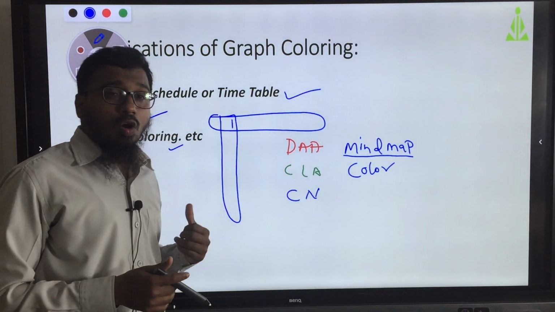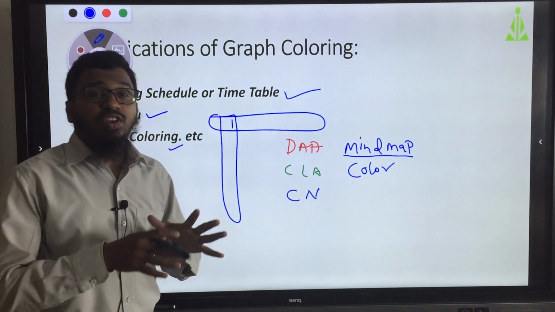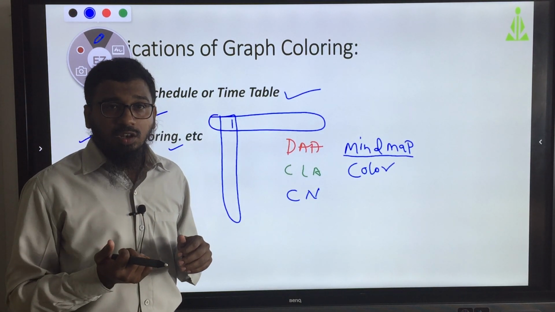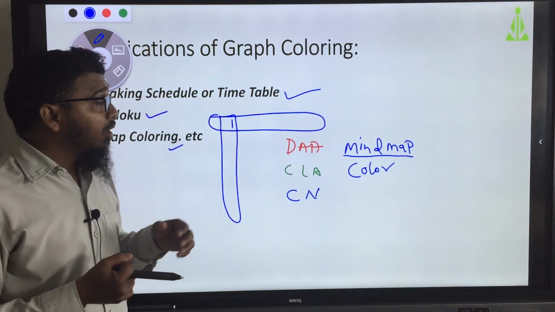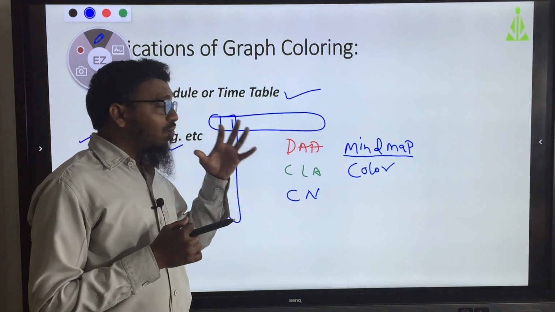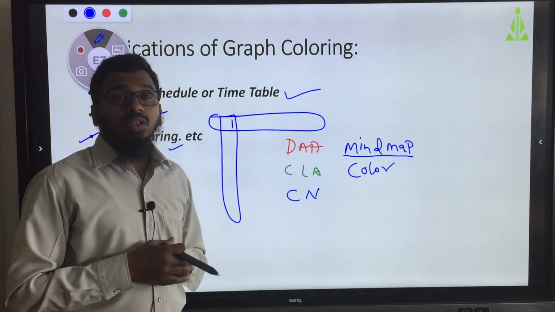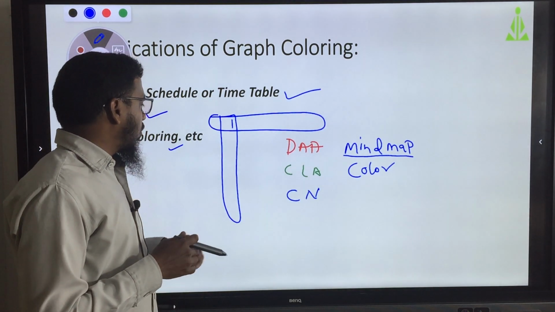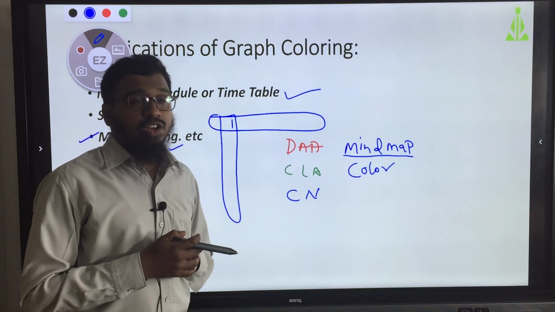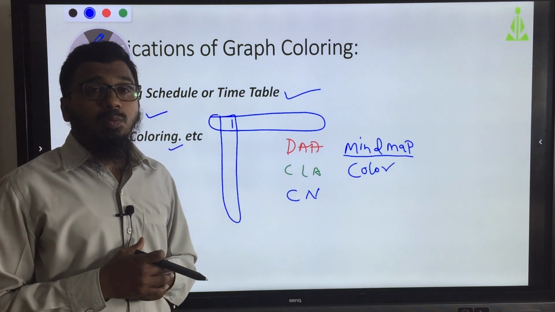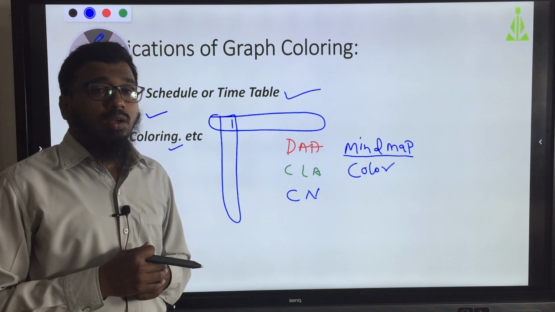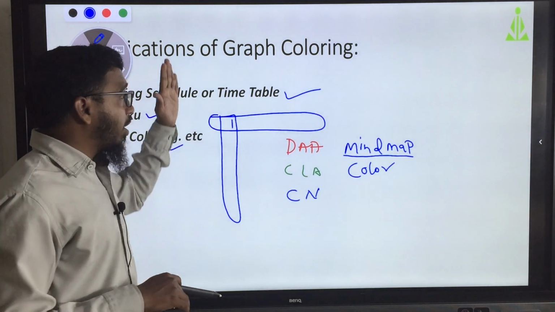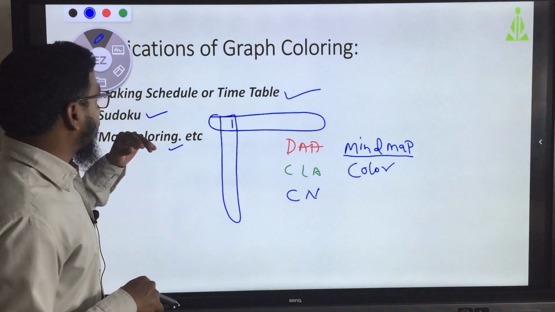Next is map coloring. Just now we saw a map coloring example. We have taken the map, in that 5 states we have taken as an example, and for the 5 states we made a tree, and we have given the colors. There are so many examples, you can find them on the internet, or you can visit my blog for all learners, blogspot.com. I will give more detailed notes about this.